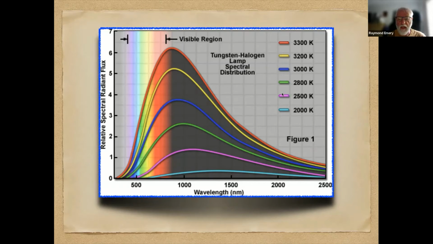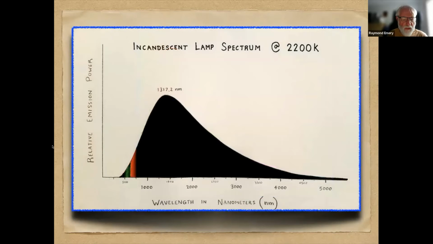And if we drop down to this area here, 2500, 2000 kelvins, these bottom two lines, you can see that a very small proportion is actually in the visible and most of it is in the infrared. Here's another diagram, an incandescent lamp at the lower end of red dwarf temperature, 2200 Kelvin. Only a little bit is emitted in the visible part of the spectrum. A big hump around 1500 nanometers, and almost all of the emission is in the infrared part of the